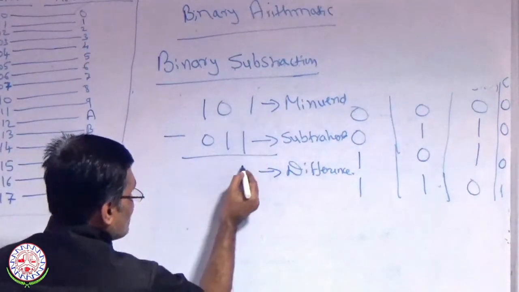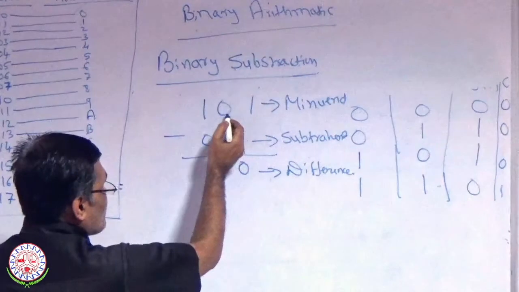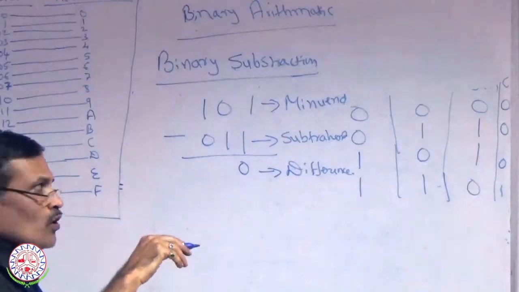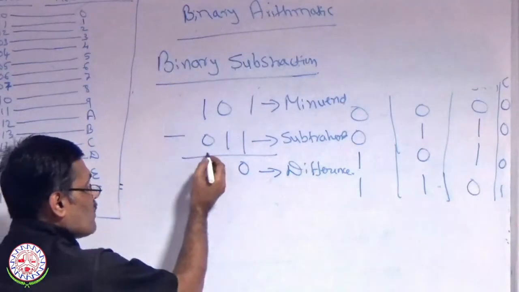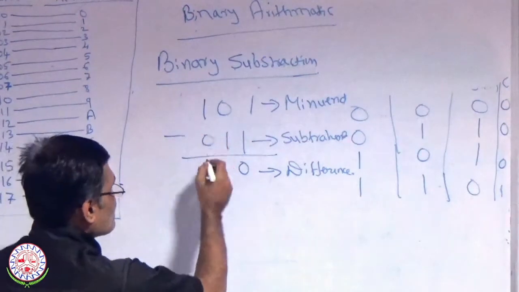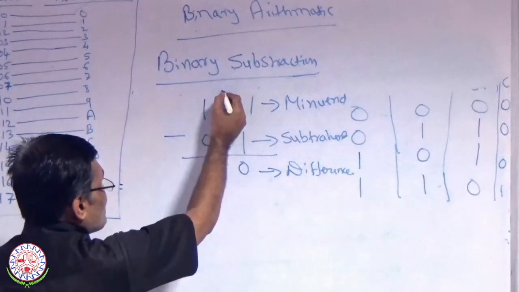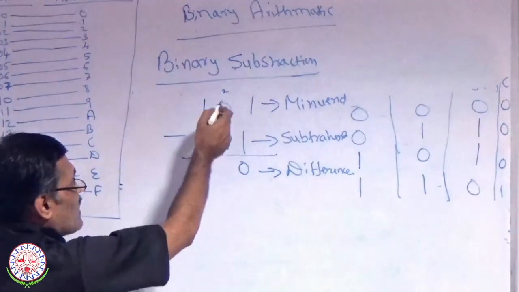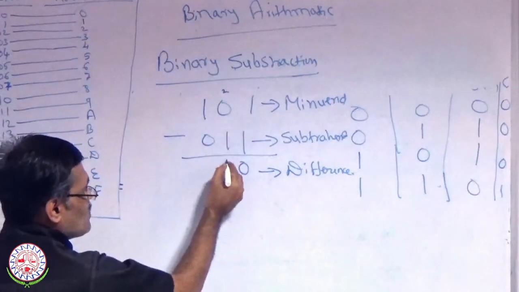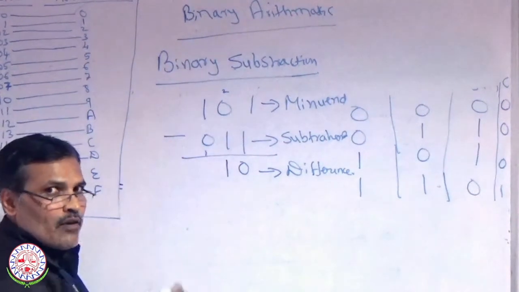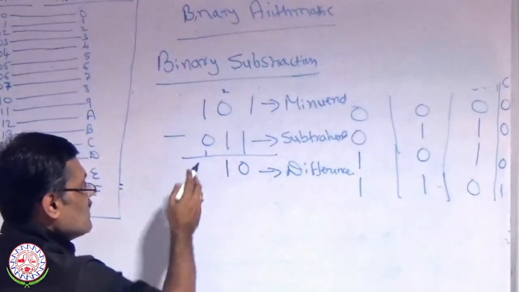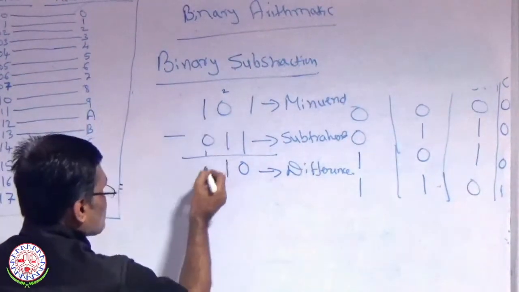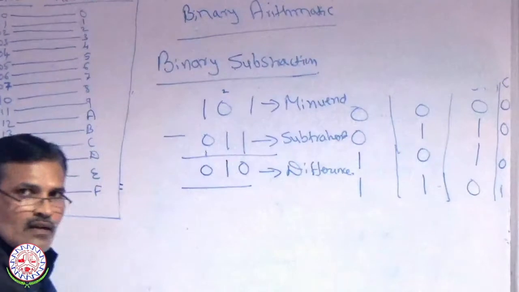1 minus 1 is 0 only. Now 0 minus 1 cannot be performed. In decimal arithmetic, you just borrow 1 from the next higher digit. In the same way you are borrowing here, so in this case it becomes 2. In decimal, if you borrow it becomes 10, but in the binary number system it becomes 2. So now 2 minus 1 is 1, and the 1 borrow that you have already borrowed has to be considered. In this case it is known as a borrow; in addition it is known as carry. Now 1 minus 1 is 0.